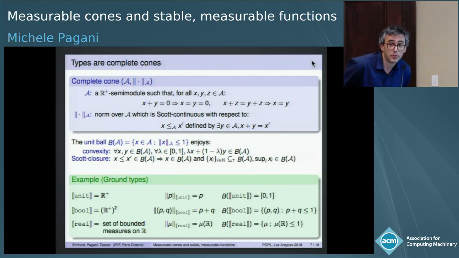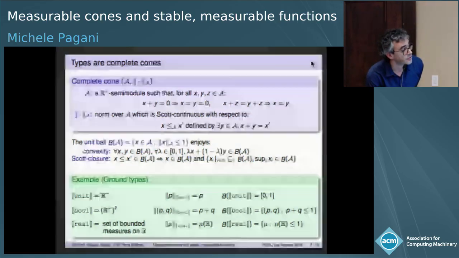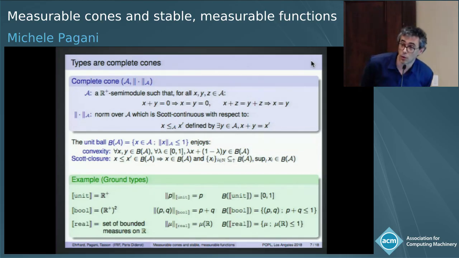The unit type, the type that has just one value in the language, skip, is interpreted by the prototypical example of complete cone, which is the non-negative real numbers. The norm is the identity, so the unit ball is just the interval [0, 1]. So if you have a program of type unit, it will be interpreted by a scalar here, a vector that is a scalar, and the adequacy theorem that is behind this model tells us that that scalar is exactly the probability that the call by name operational semantics on that program will evaluate